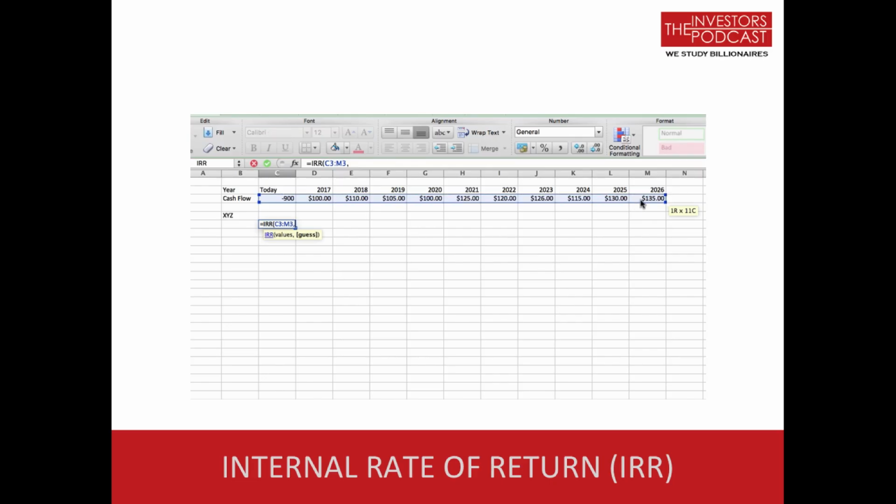And then you're going to put a comma, and then you're going to close your parenthesis, and then you're going to hit enter. And then what you're going to see is that it returns a discount rate. It says 5%. And so what that's really telling you, this is how you need to think through this, is if I can buy this company for $900 today, because that's what it's trading for on the market,